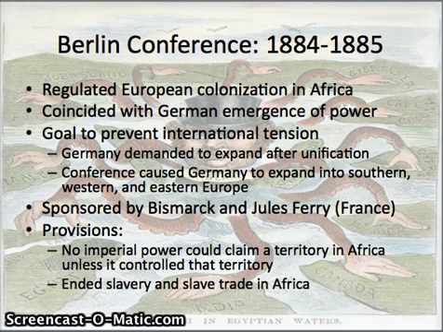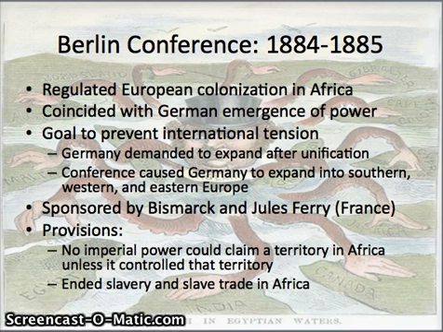Okay, and so what happens is their major rules, their provisions first are that no imperial power can claim a territory in Africa unless it proves that it effectively controls that territory anyway. So you can't just go in and occupy an area when you had no influence over it before. It also is ending slavery and the slave trade in Africa. All right, but we are going to see sort of pseudo-slavery continue during the age of imperialism. However, what this is trying to do is to avert too much tension when these different countries are trying to influence or trying to extend their sphere, their political control over Africa.